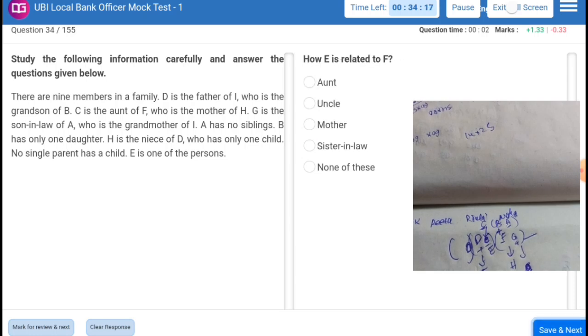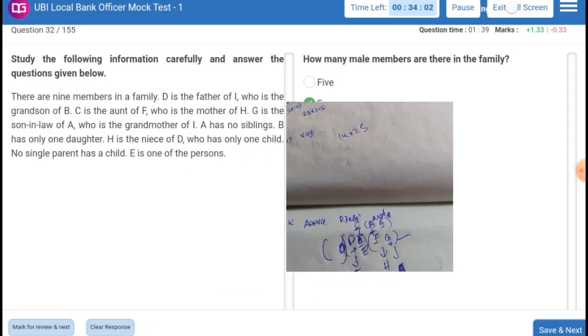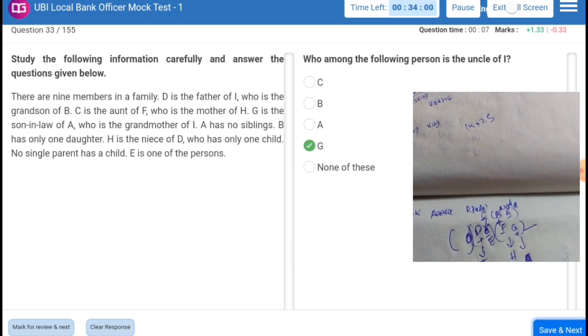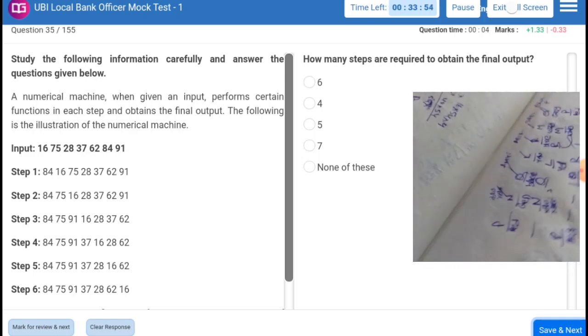H related to F. Sorry, E related to F. Sister. Sorry, sister-in-law. Next is